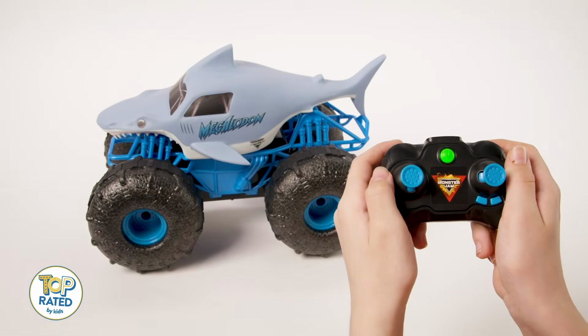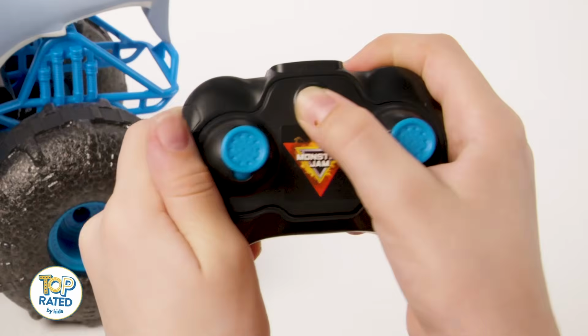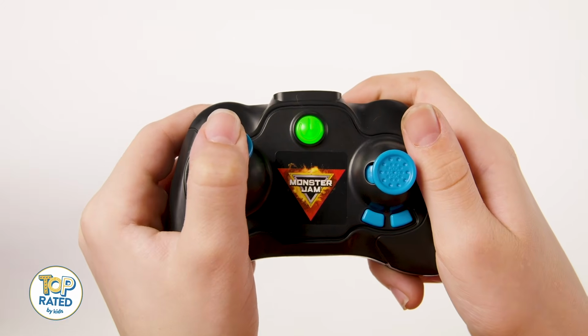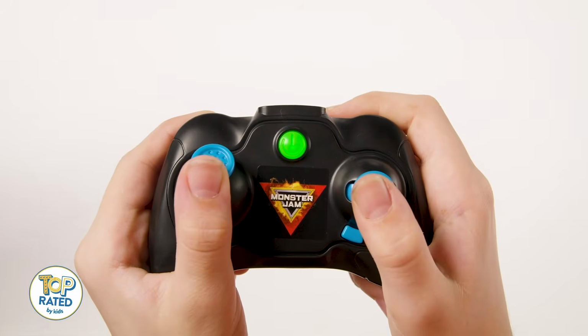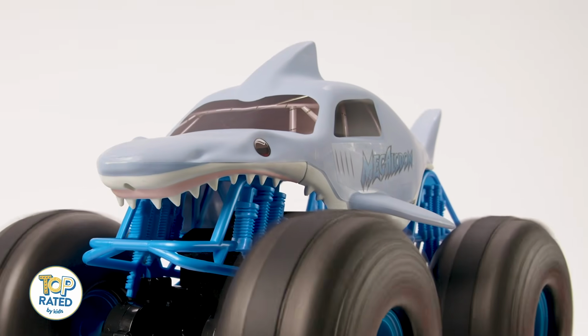Note, if your truck does not connect to the controller the first time, turn the truck off, turn the controller off, and repeat the previous steps. The controller has 2 toggles. The left side controls Megalodon Storm to move forward and backward. The right side controls Megalodon to turn left and right. Both toggles allow you to control speed and turns so you can master driving your Megalodon Storm and pull off